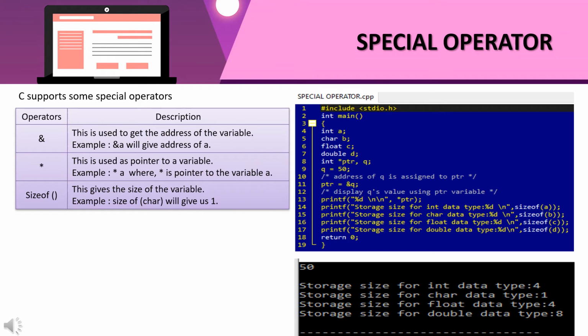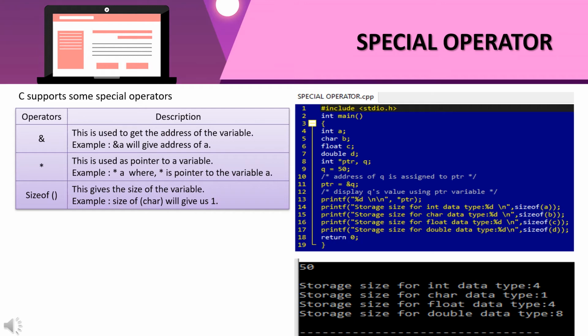Now ptr equal to ampersand q, which means that the address of q is assigned to the variable ptr. Now when I am going to print the pointer ptr, it will give us the value 50 as you can see in this output.